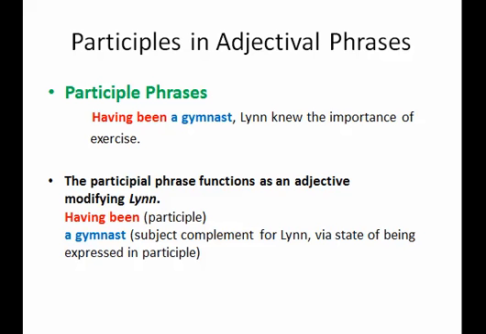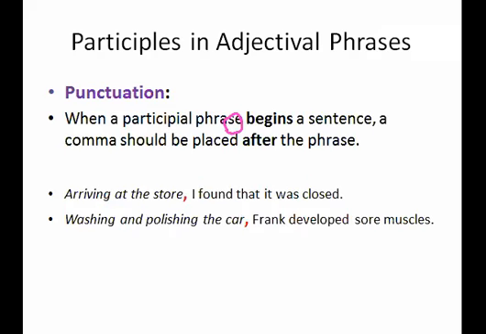Now, altogether, this group of words is a phrase. In this phrase, having been is a participle. Gymnast is the noun. Okay? Because it is coming at the beginning of the sentence, we have placed a comma at the end of the participle phrase. Now, once more, I'm going to highlight the importance of punctuation while writing a participle